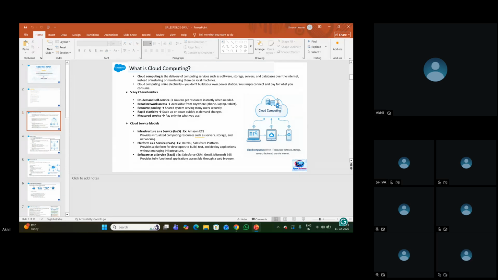So if you look at this cloud image, the cloud visual representation, let's assume this is a Salesforce ecosystem, which is located on the cloud, and we can access this Salesforce through any device. We can access it from laptops, from mobile devices, and from tabs, whatever it is. We don't need to install, we don't need to build an application to use, we don't need to pay for the whole application. We can directly access through the internet.